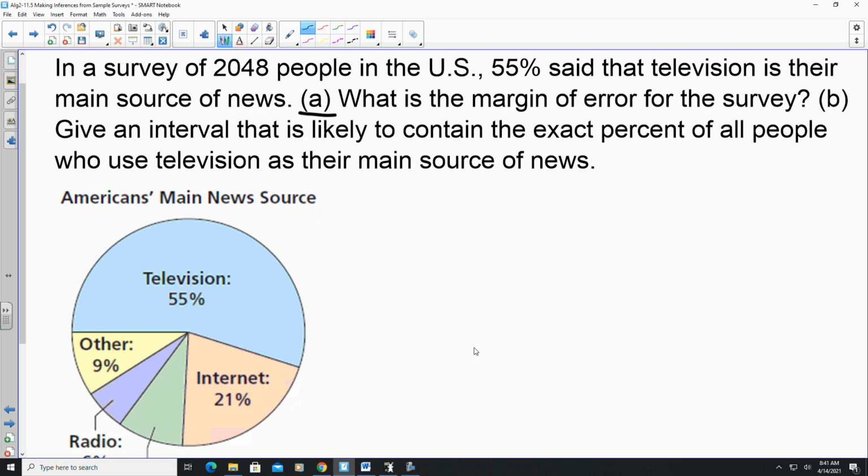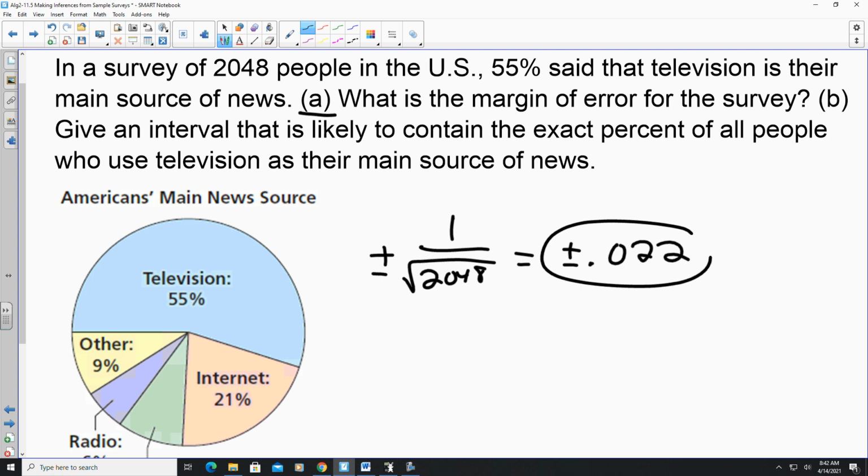So to find the margin of error, you're just going to say, okay, plus or minus 1 divided by the square root of the sample size, which is 2,048. Okay, so when I type that in, 1 divided by the square root of 2048, I get plus or minus 0.022. All right, so that's my margin of error, plus or minus